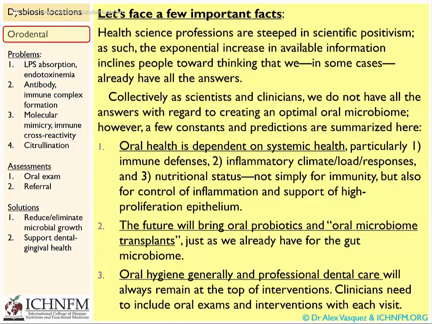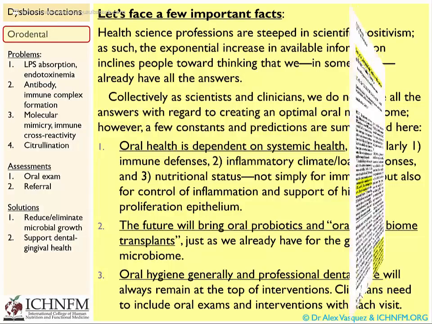Oral health is dependent on systemic health, particularly number 1, immune defenses, number 2, the inflammatory climate, the inflammatory load, inflammatory responses, and 3, very importantly, nutritional status. Not simply for immunity, but also for control of inflammation and to support high proliferation tissues such as the oral epithelium. So that calls into play, for example, specific nutrients like zinc, glutamine, folic acid. Also, because those tissues are highly metabolically active, you then have to think of mitochondrial health as well,